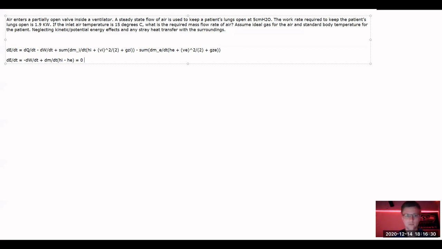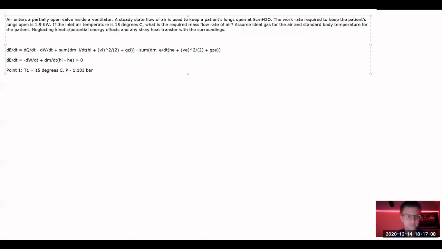We have the work term. So all we need are our enthalpies at the inlet and the exit. These can be interpolated from our table because we know at point 1, T1 equals 15 degrees Celsius, and we know that the pressure is just the atmospheric pressure. So P equals